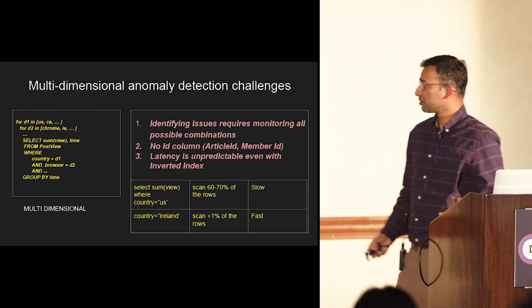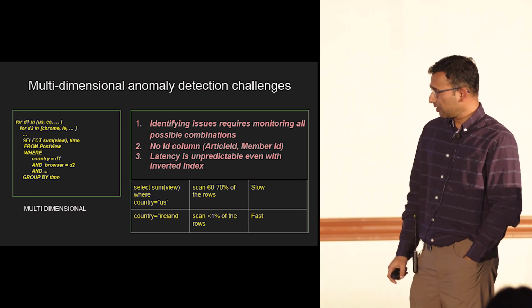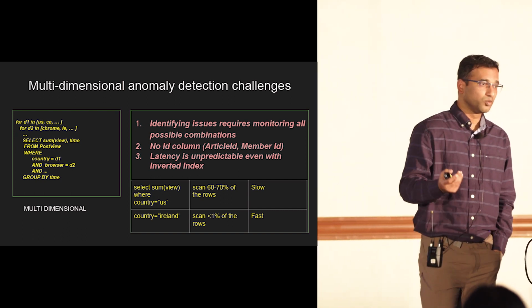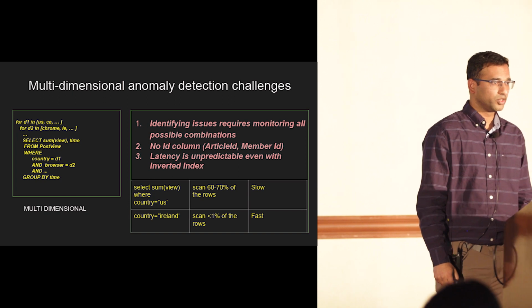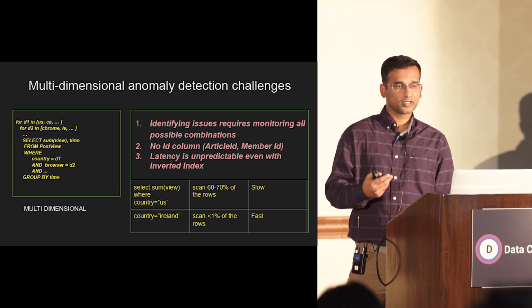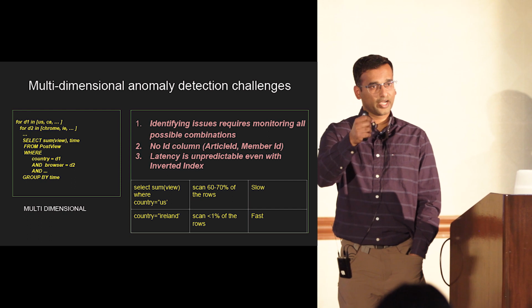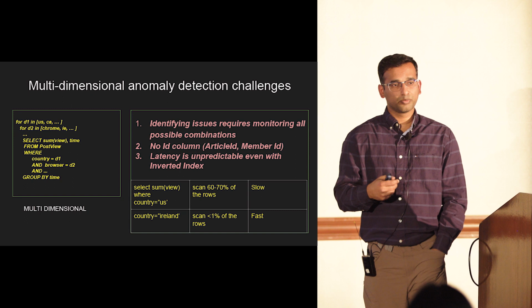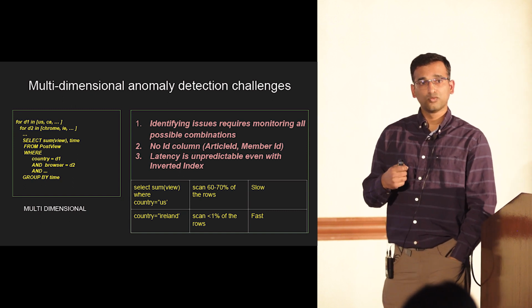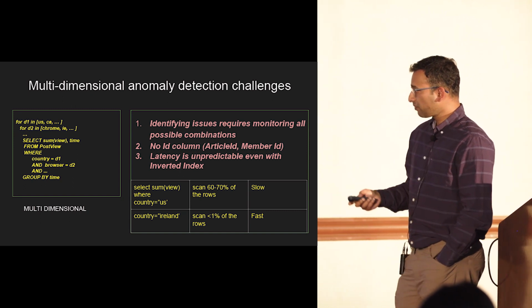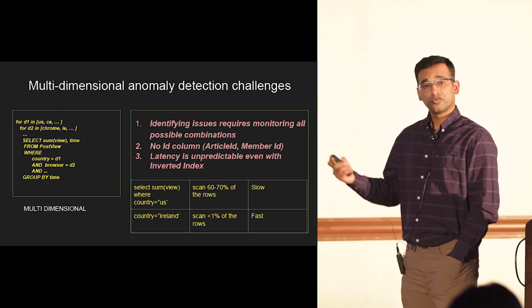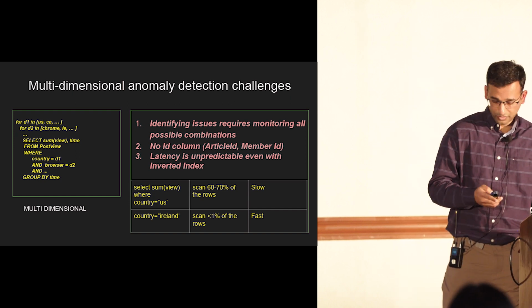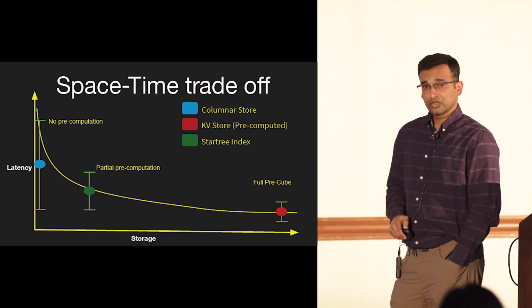So if your query was, let's say you're trying to detect anomaly in US, you have to pretty much scan, assuming most of the clicks and views are coming from US, even though you have an inverted index, it will only help you find where all the rows for US are. But the scanning, which is the second part of the aggregation, involves scanning all these rows. And that's going to be slow. But the same query for Ireland will actually be pretty fast because there are not many views that are coming from Ireland.